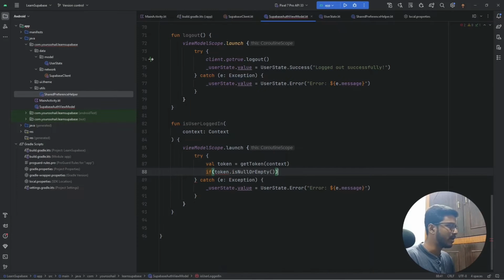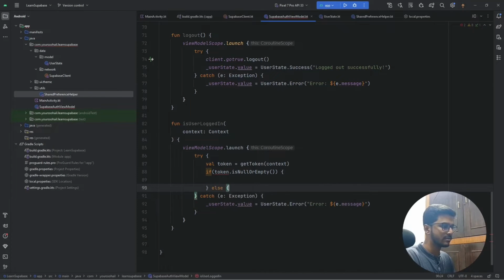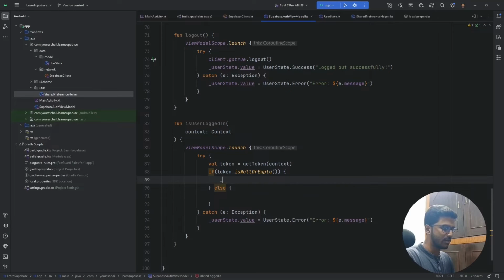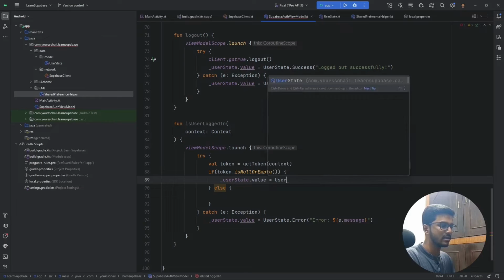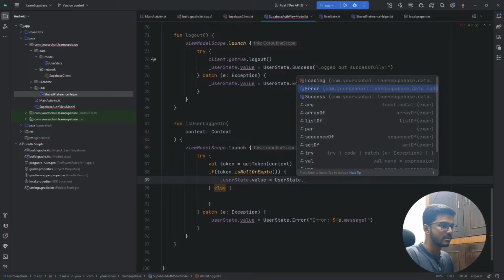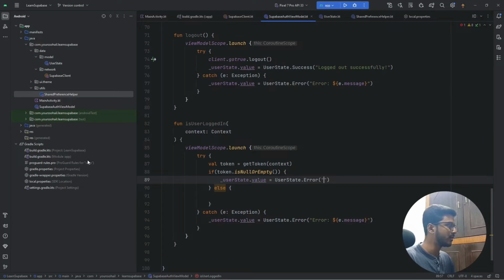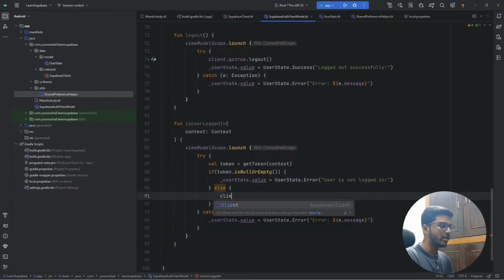Okay, now if the token is null or empty, we are going to simply update the state, and we are going to pass an error saying that the user is not logged in. In case it is not empty, what we need to do is use client